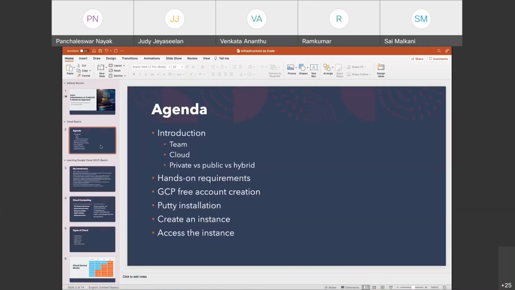So this is today's agenda. First of all, introduction to the team, introduction to cloud, and some basic cloud concepts. Then what the requirements are to be successful in this training. And we'll have a GCP free account creation. We'll start off with the GCP account, and then we'll go into multi-cloud environments